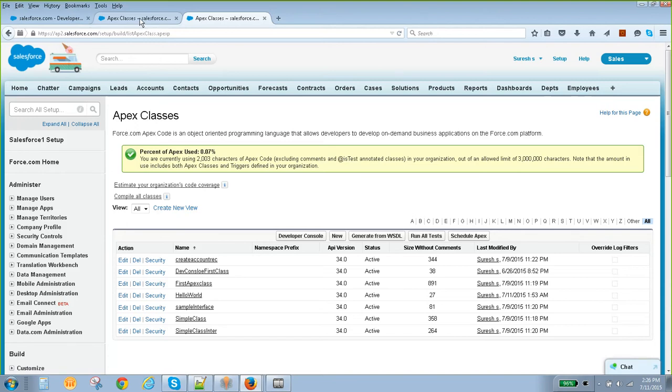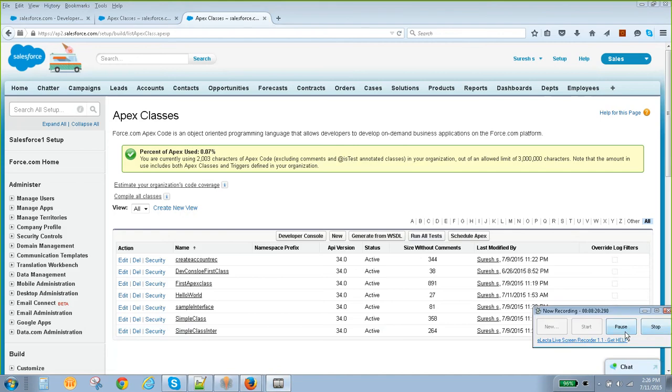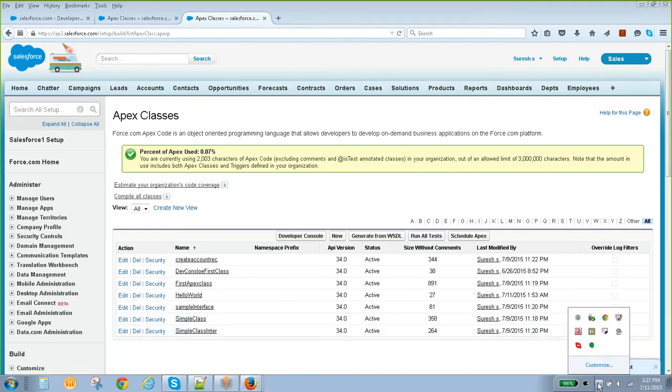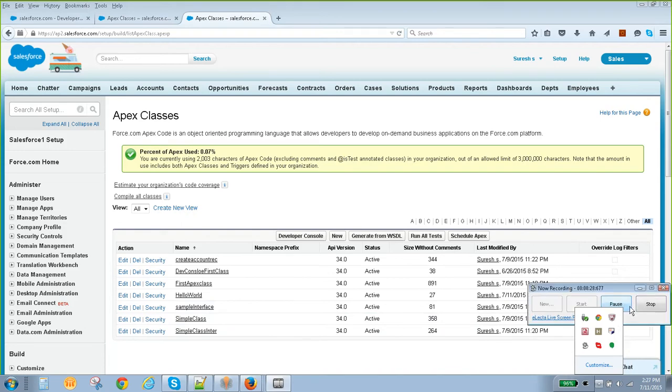The third thing is Eclipse. We have to download Eclipse and install the Force.com plugin for Eclipse. By using your credentials, login name, password, and security token, you can download the metadata. So you install Eclipse, then download and configure the Force.com plugin for Eclipse. Then we can download all the code.